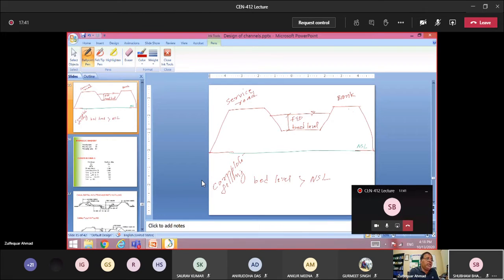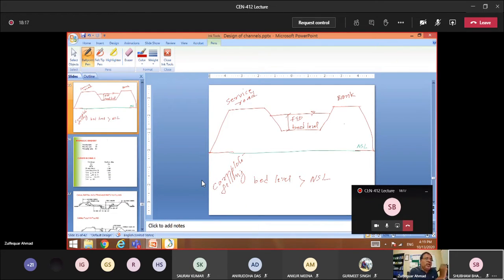Okay. If you are converting the bank of the canal in the form of a road, that's fine. That is not an issue. But in general, this canal has one service road. Service road means, you can say, the inspection road, because the vehicle can run on this, so that the canal can be inspected, even for carrying the material for the construction of the canal and for the maintenance of the canal. That is required, right?